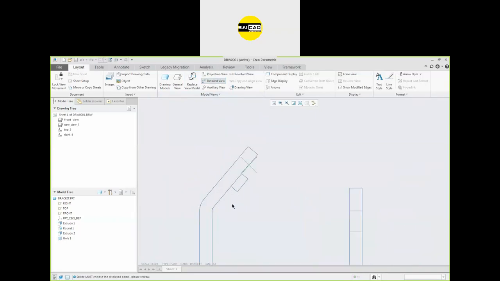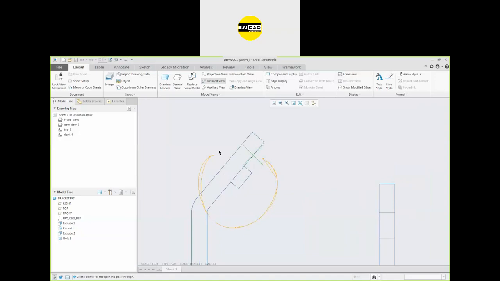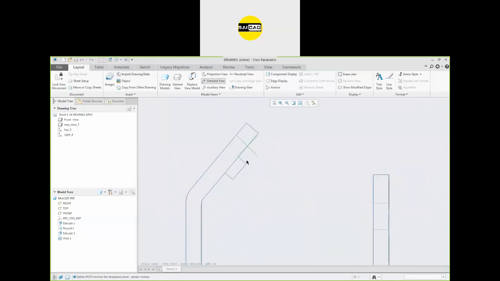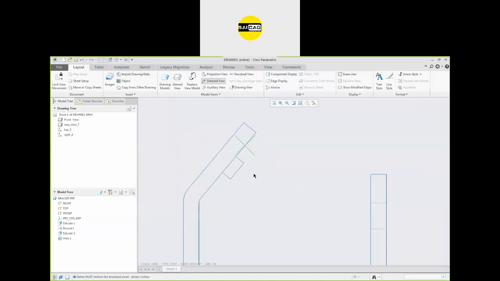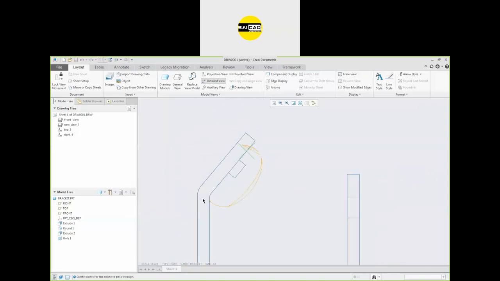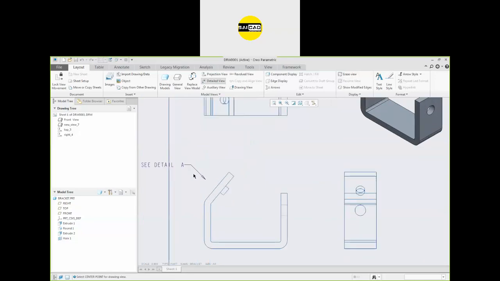Okay, wait for a second. So you just have to intersect the lines, and you will have a circular shape here, and you can see this is detail one.